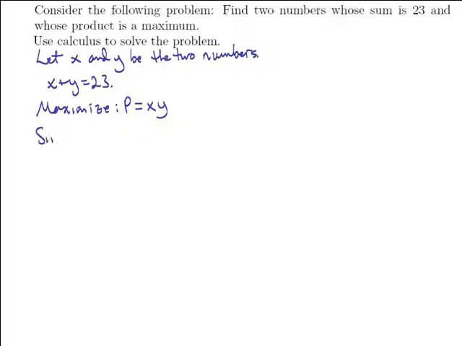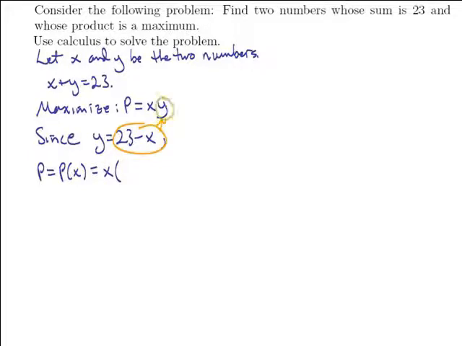Well, since x plus y is equal to 23, we can say that y is equal to 23 minus x. And so since y is equal to 23 minus x, we can write P as a function of x by substituting in 23 minus x for y. So we have x times a quantity of 23 minus x. Now, if I distribute that x through there, that gives me 23x minus x squared, and that, my friends, is